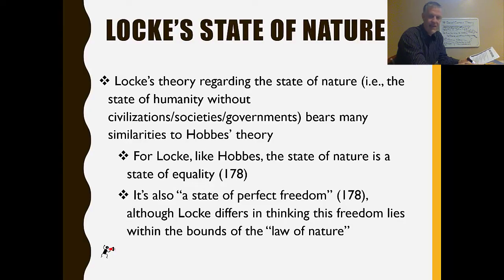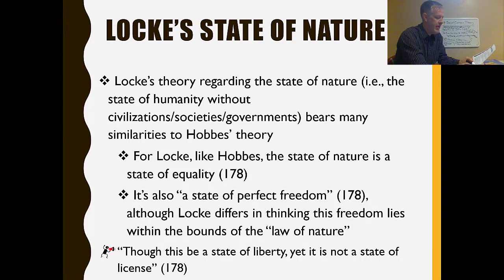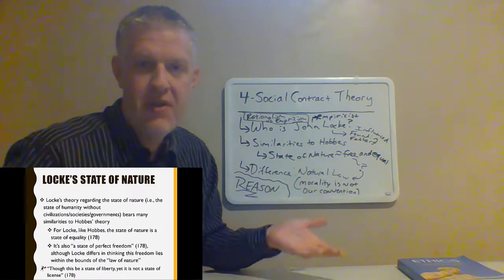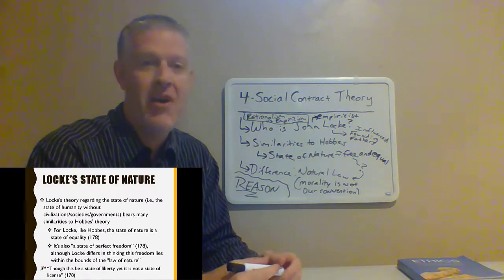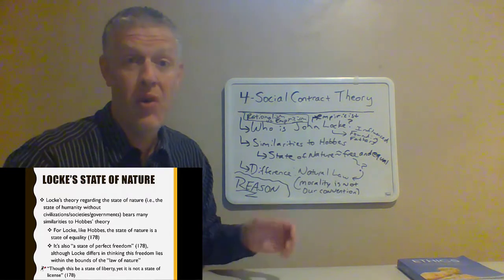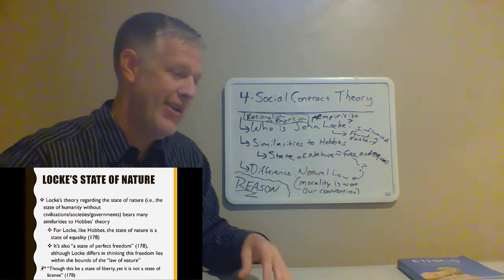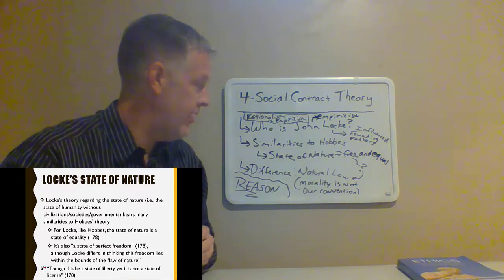So this is why he says things then like, again on page 195, quote, though this be a state of liberty, yet it is not a state of license. You have the freedom, but you shouldn't just do whatever the heck you want. And he would say most of us in such a state wouldn't. Whereas, of course, Hobbes is going to say, oh, yeah, we are. We're going to do whatever we can, whenever we can, if we can get away with it, Hobbes would say. But Locke's going to say, no, most of us, thanks in large part to this rational capacity, we have